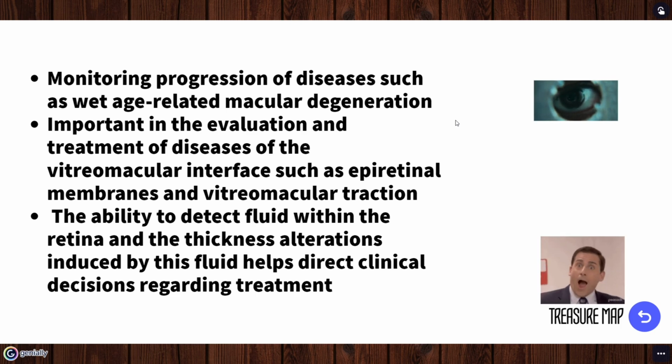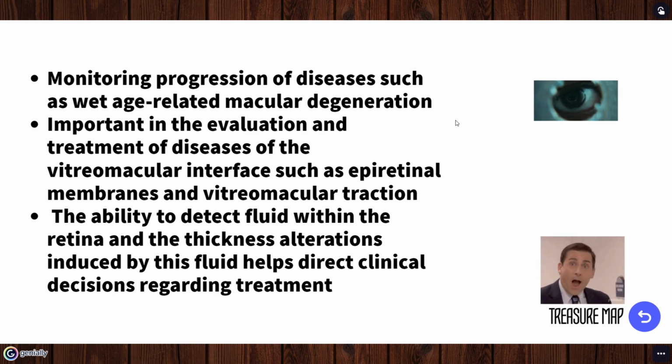For example, the automated retinal thickness measurements generated by the SD-OCT systems are used clinically for monitoring progression of diseases such as wet age-related macular degeneration, or AMD, and macular edema from various causes including diabetes and retinal vein occlusion. The ability to detect fluid within the retina and the thickness alterations induced by this fluid helps direct